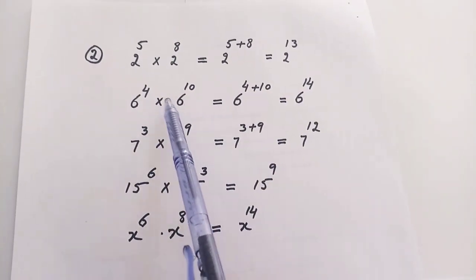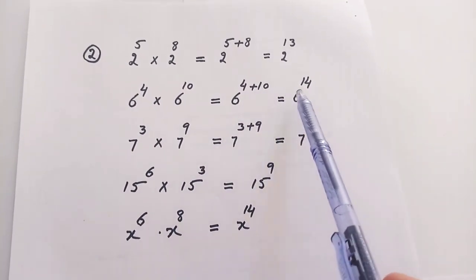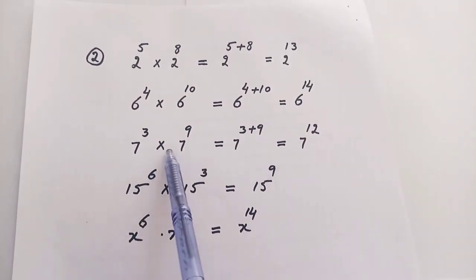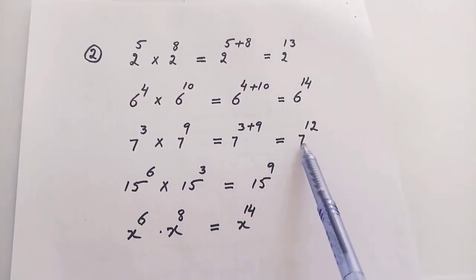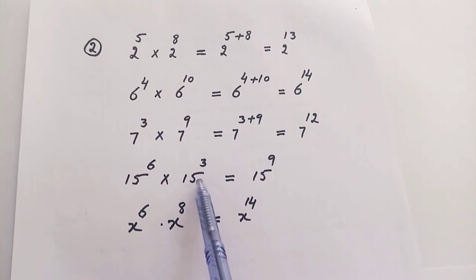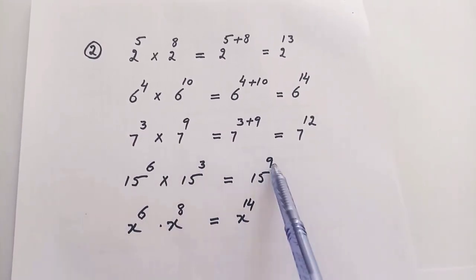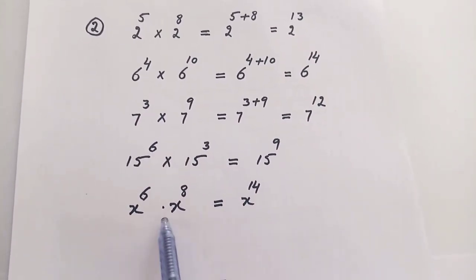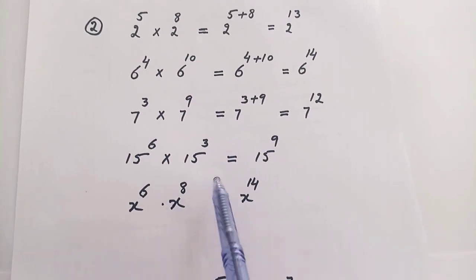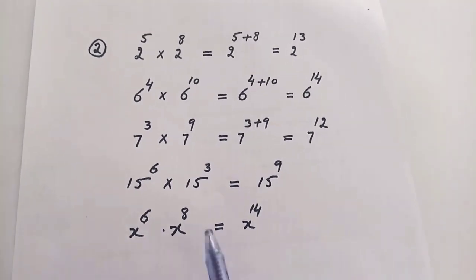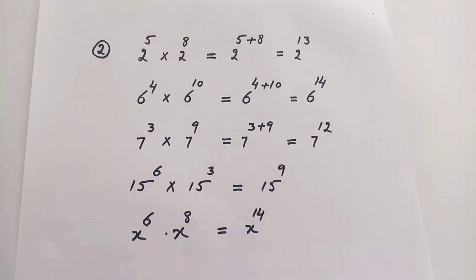यहाँ बेस 6 है, दोनों में पावर ऐड हो जाएंगी तो आंसर होगा 6 पावर 14। यहाँ देखें बेस सेम है, पावर ऐड होगी 7 पावर 12। बेसेस यहाँ सेम है, पावर ऐड होगी 6 + 3, 9। यहाँ बेस दोनों का x है, सेम है, तो x पावर 6 + 8, 14 हो जाएगा। तो जब बेसेस सेम होती हैं पावर ऐड हो जाती हैं।